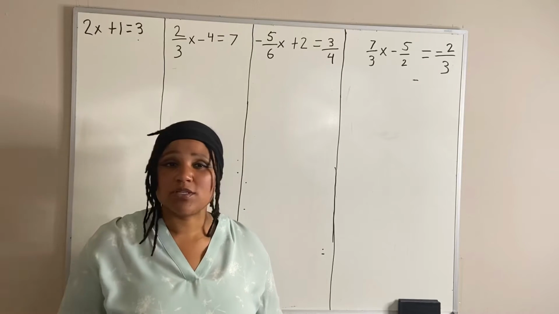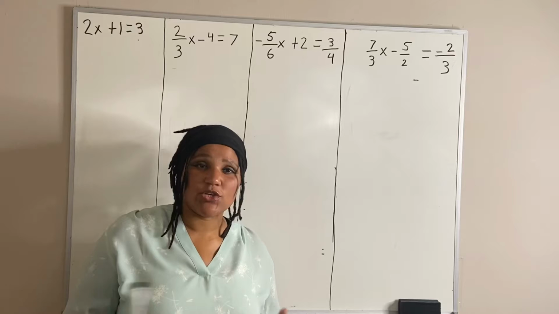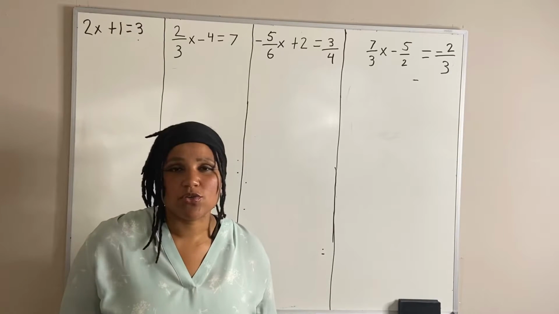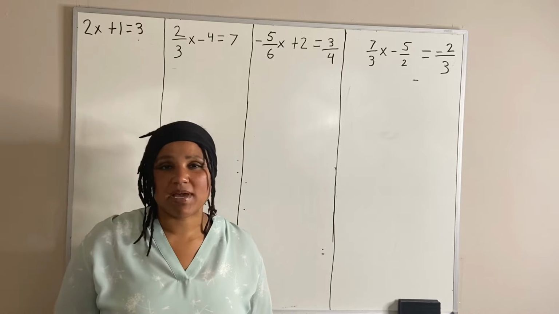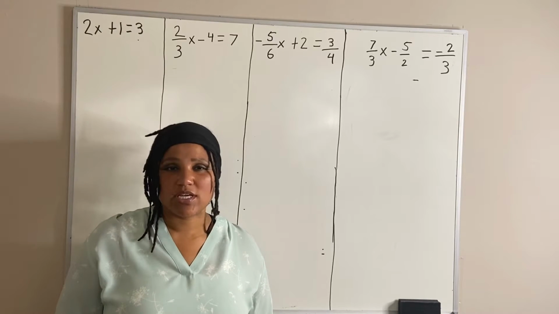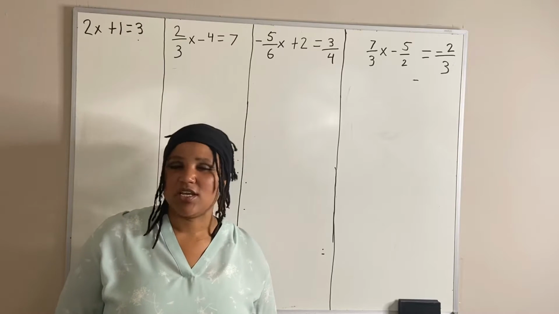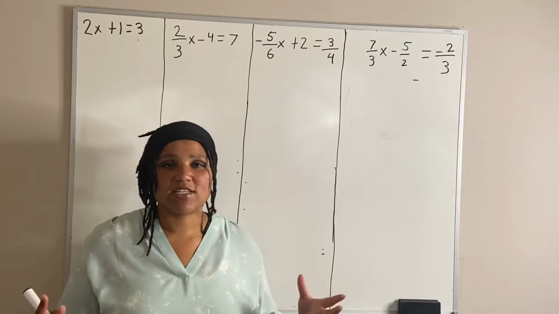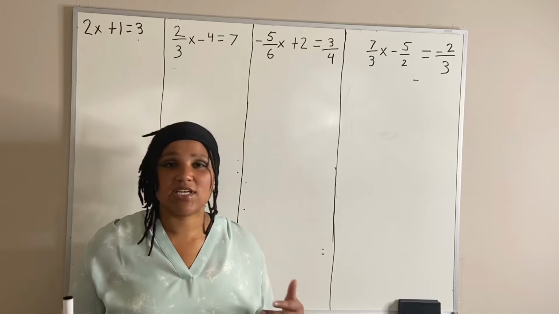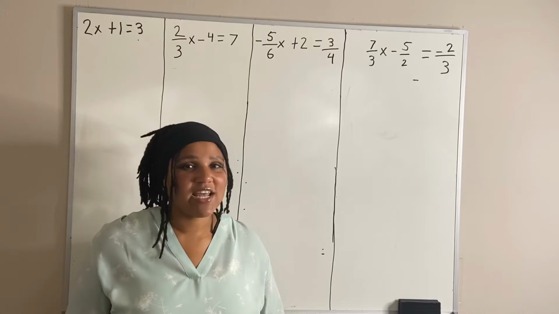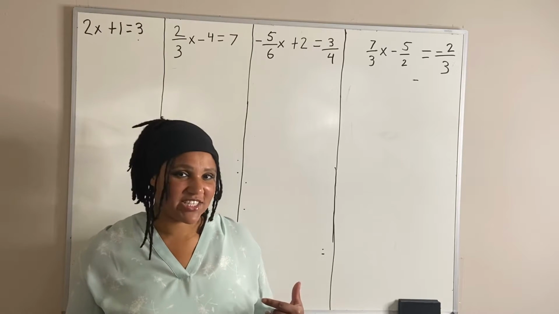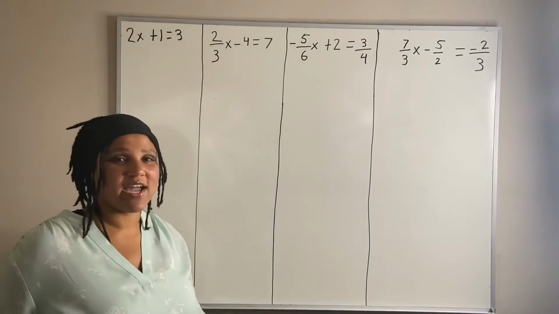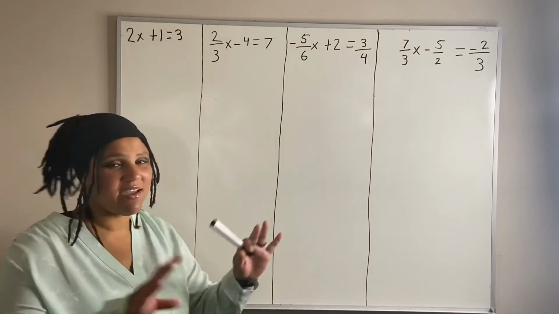Basically, part 1 was about solving basic equations using addition and subtraction. Part 2 was basically about solving basic equations using multiplication and division. This is part 3 where we combine all of them. So basically we are solving for x using multiplication and division and addition and subtraction. Okay, so we have a set of examples here and I am just going to apply everything that we have